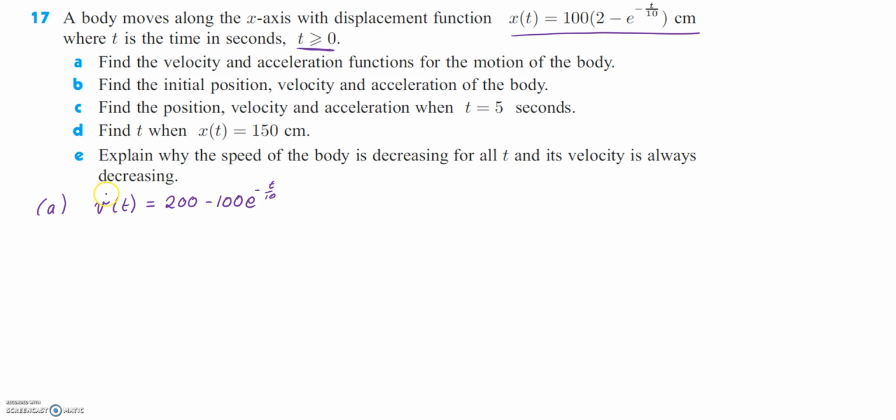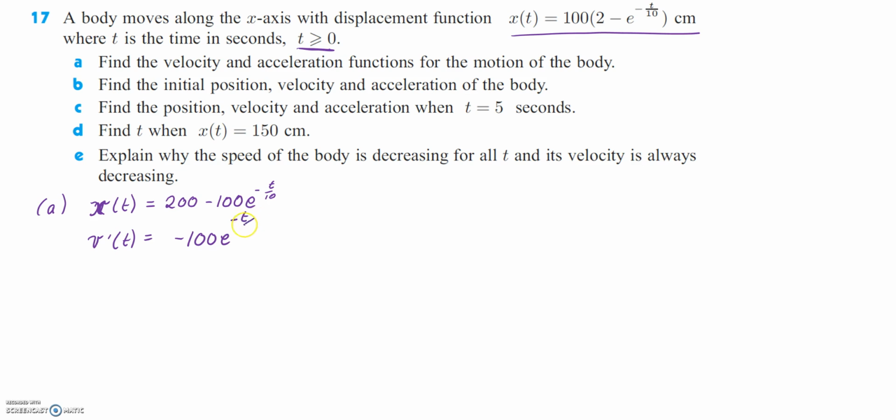I've started with a bit of a whoopsie here. It's not the velocity, that's still my displacement function, because what I've done is I've expanded this first to make life easier for myself. So now, when I go to differentiate, it's going to be a little bit easier. So derivative for constant is nothing. We write the function